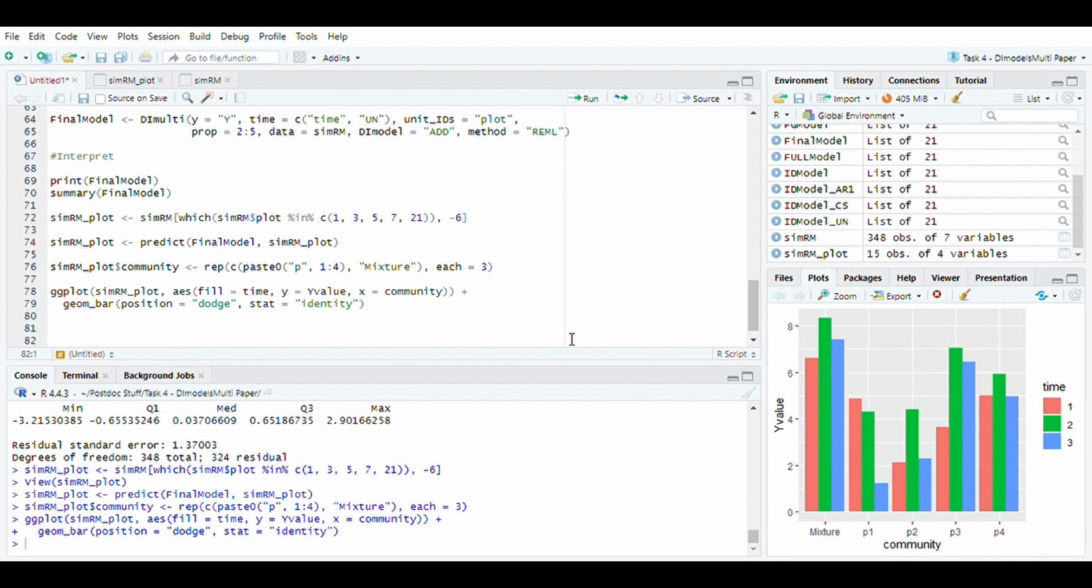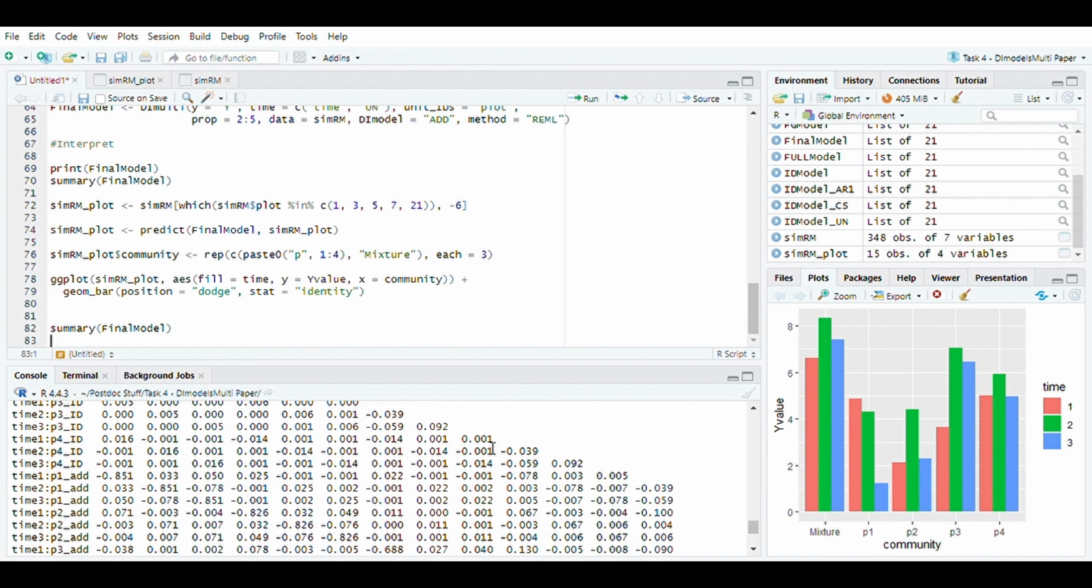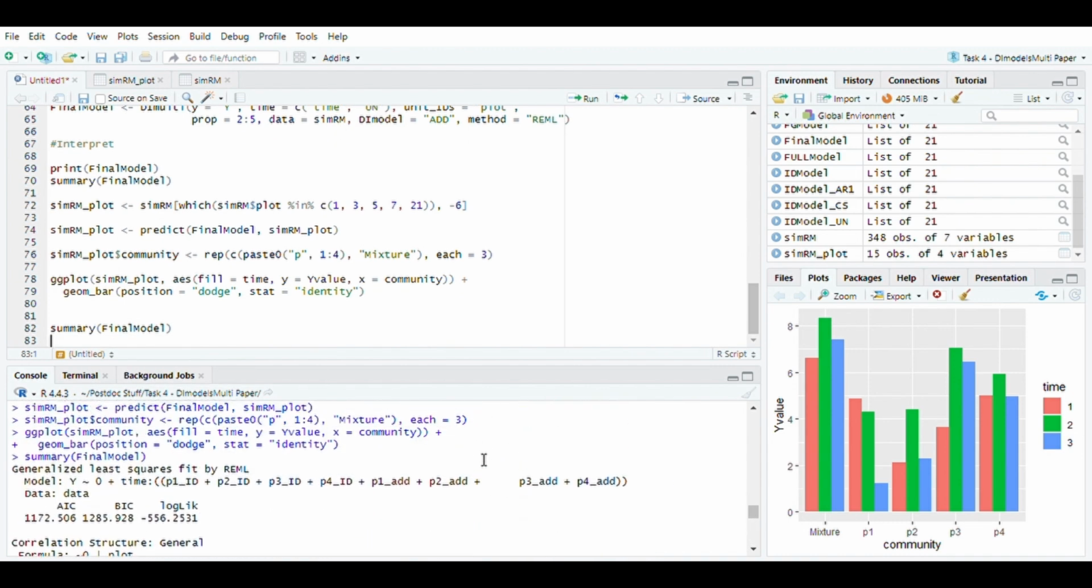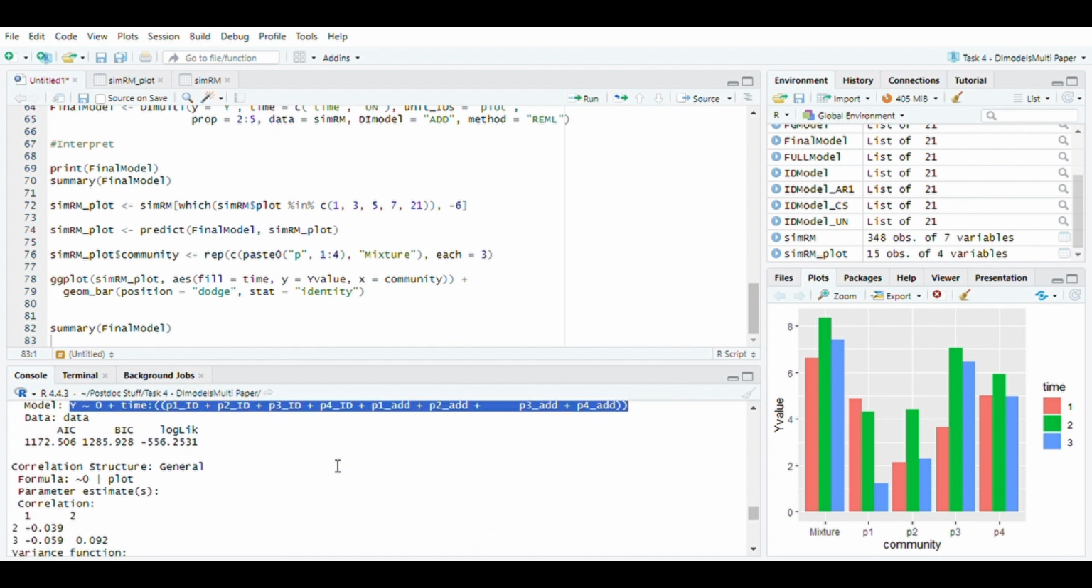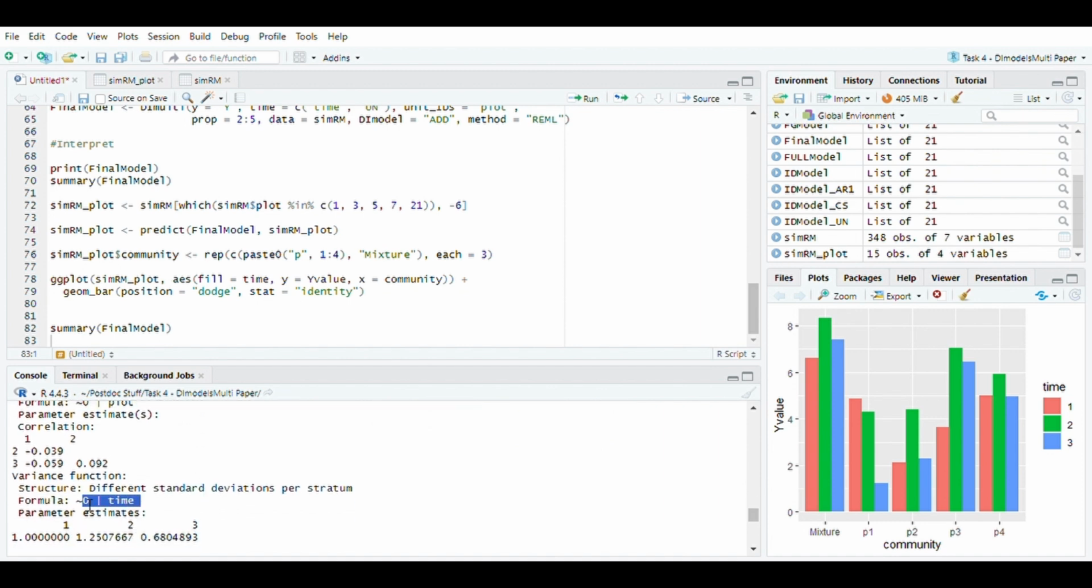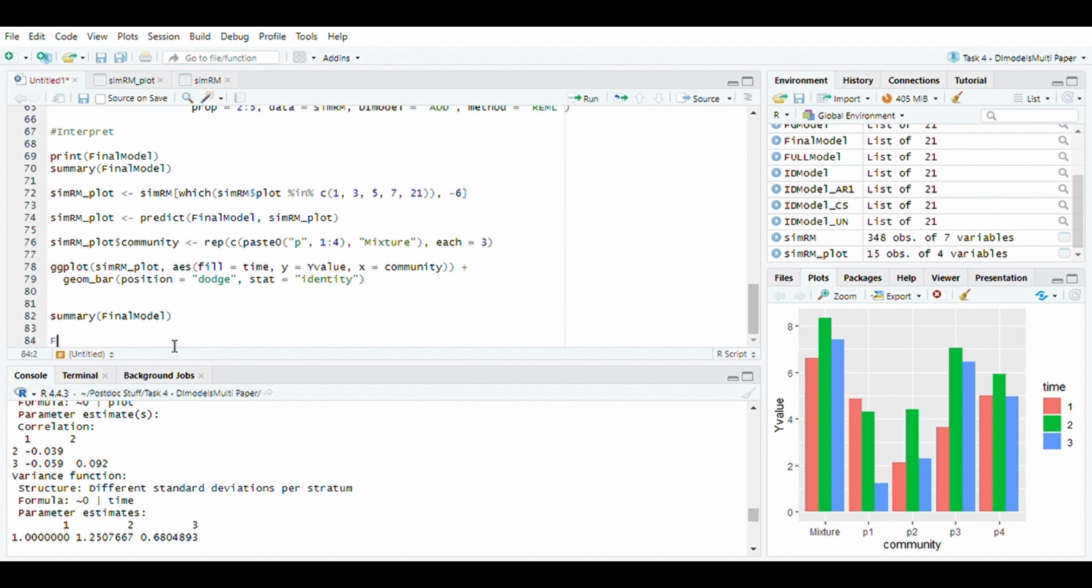Instead, we can simply copy the call from our final model, which you can find at the very top of our summary. So that is this model function here. And these two are our correlation and our variance functions. So 0 to plot and 0 to time. Copying this, we can create our final model as a GLS function from the nlme package,